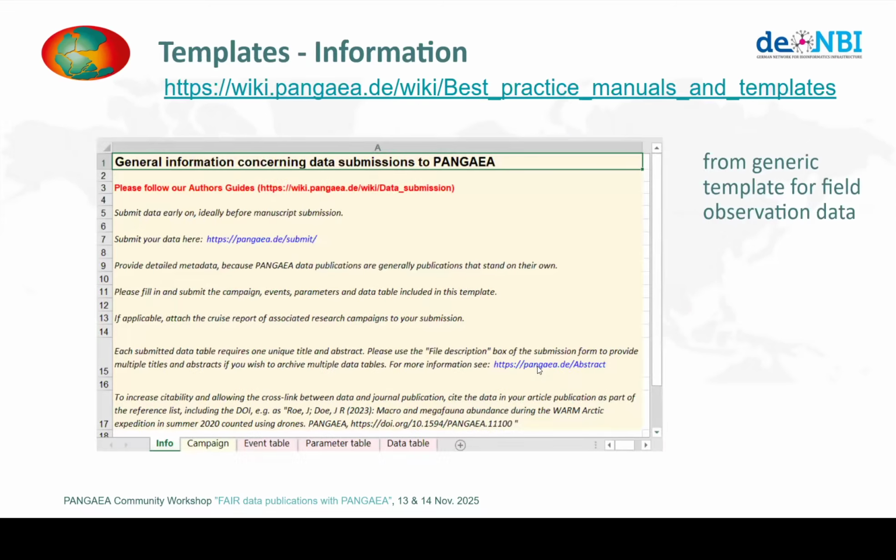So now I want to show you one template we provide. We have many templates for different data types in our wiki. And I want to show an example from the generic template for field observation data. You can see the Excel file here, but we also have a template for tab-delimited